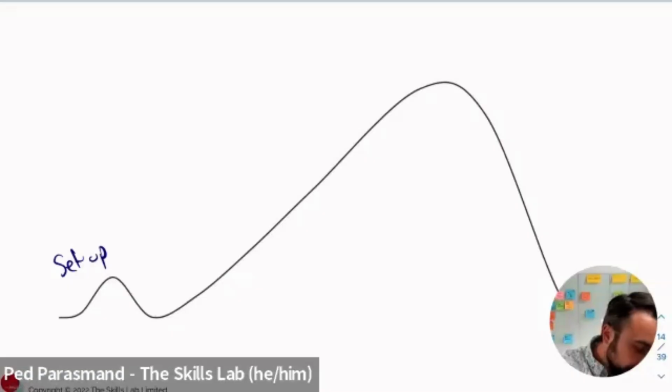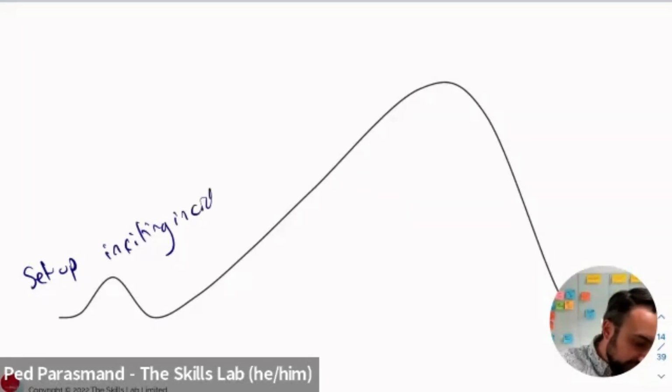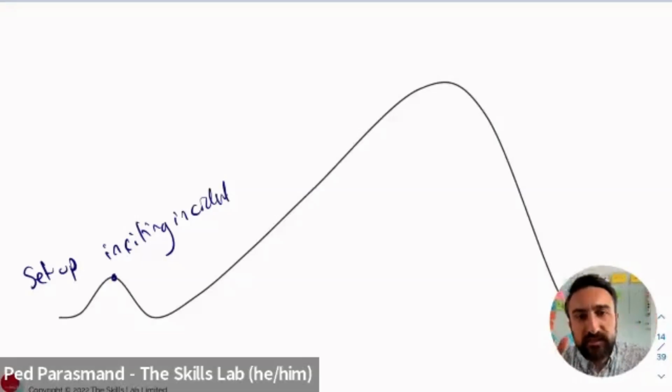In a story, you then have something called the inciting incident. This is represented by this hump. This is the triggering event in a story where all the main bits of the story come into motion.